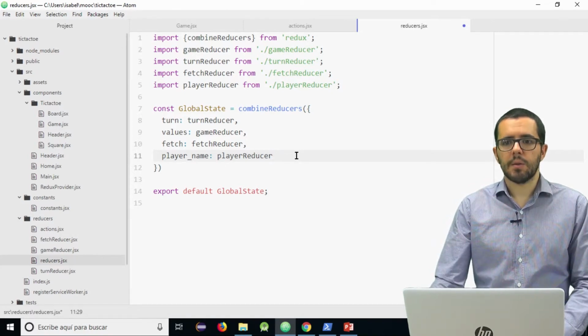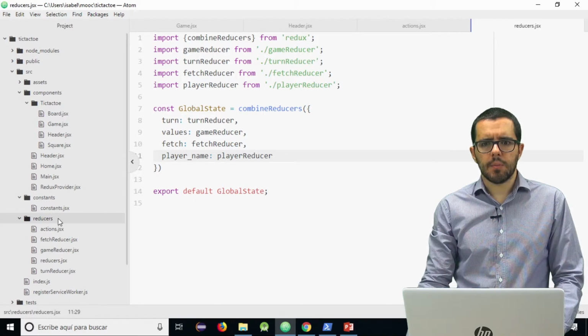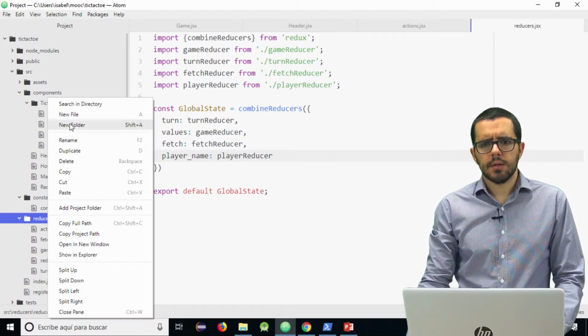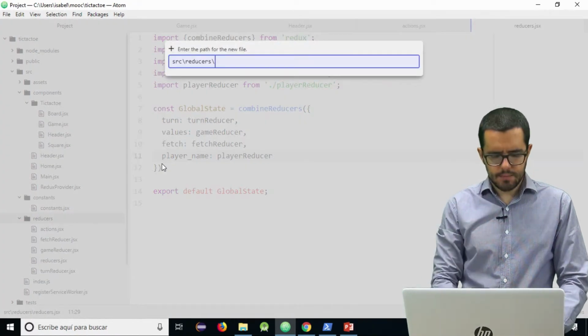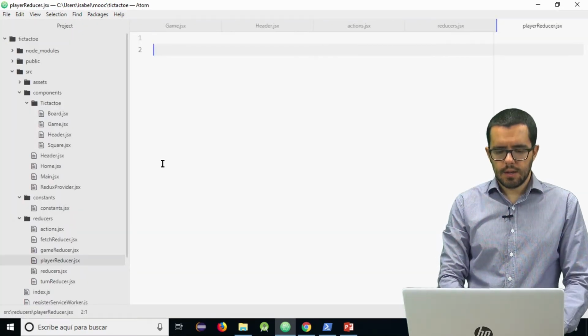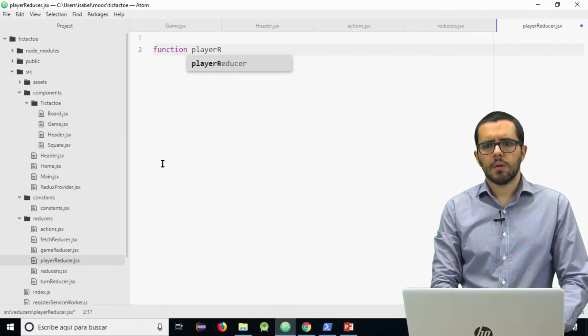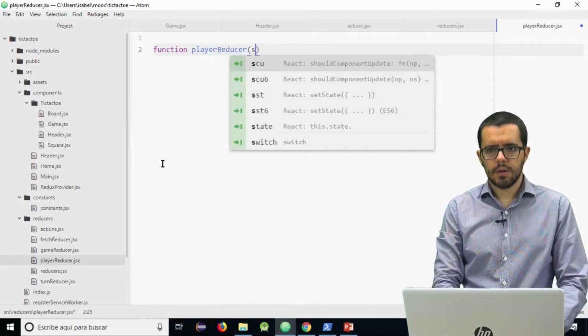Okay, let's create the player reducer, just clicking here. The file is playerReducer.jsx, and it is as always a function called playerReducer.